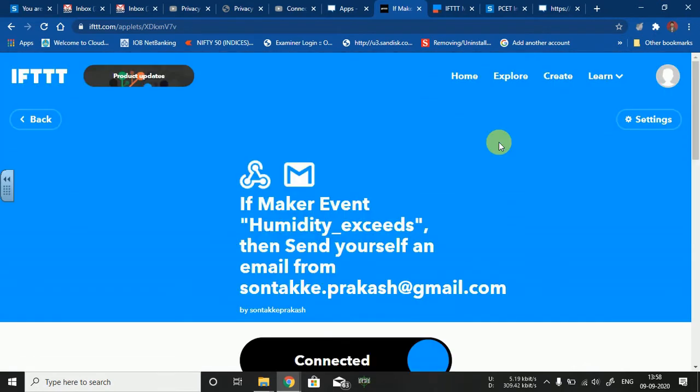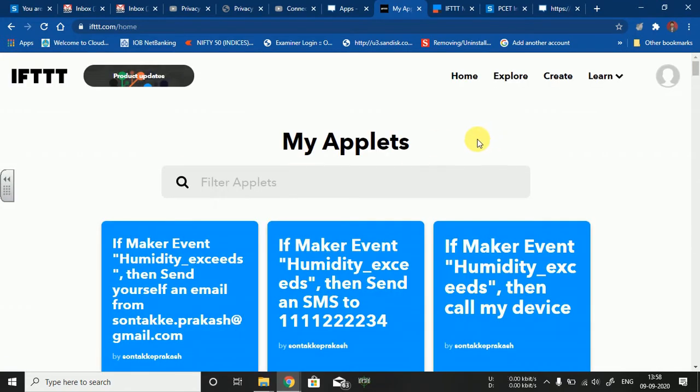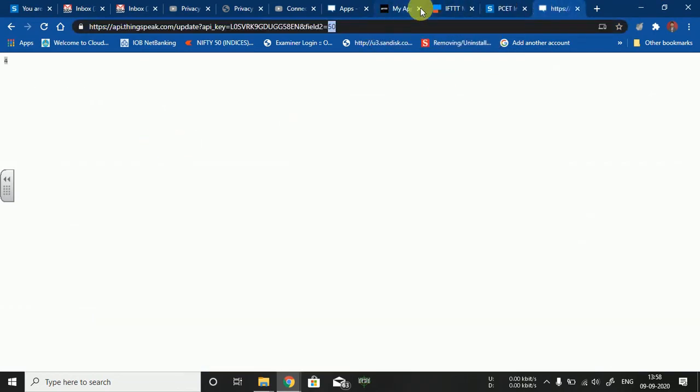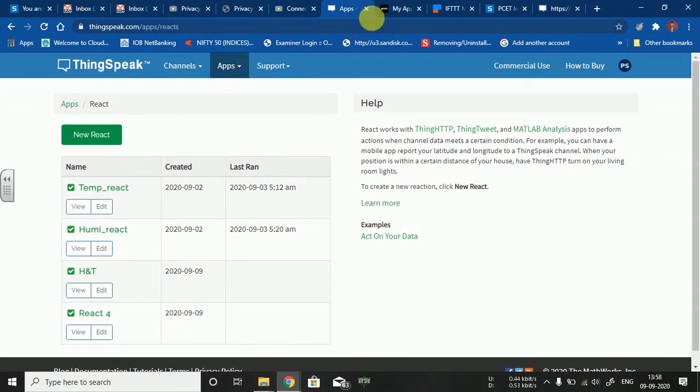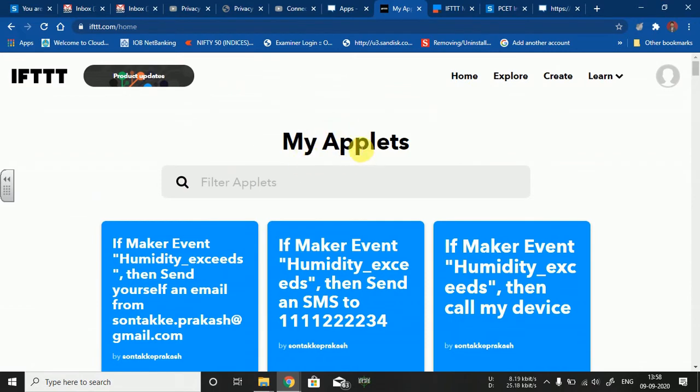Yes. Now we are ready with the settings we have done on your platform, meaning your software content. We have designed a respective channel with the help of ThingSpeak. We have designed different applets on this particular IFTTT cloud, and now let us talk about the hardware practical implementation. I'll show you how we can perform the interfacing of DHT11 onto the NodeMCU. After uploading the code, I'll show you the actual demo. Now let us see the hardware content.